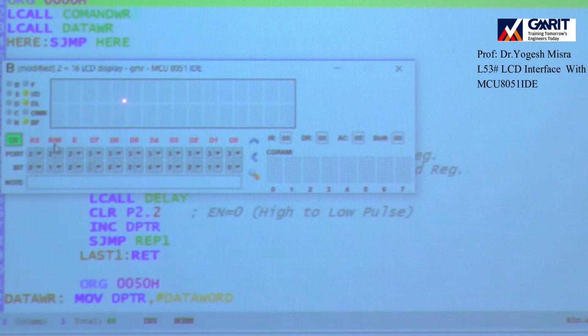Now we will run our program. Then you find 1, 2, 3. From here, this is the third column of the first row. From here you will find G, M, R. After this, a space, and after this I, T, then a space, R, A, J, A, M. Like this it will be displayed. So I will run my program now.